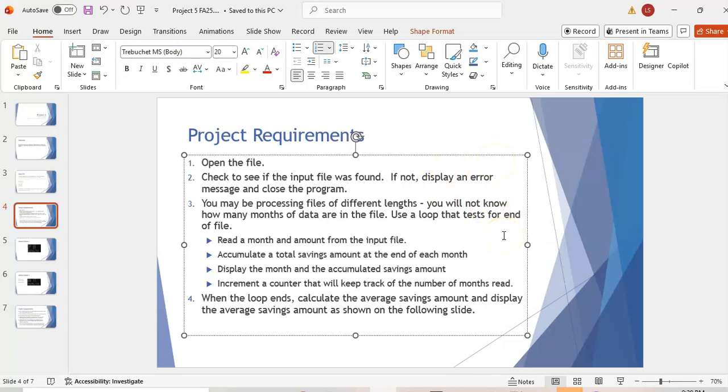You may be processing files of different lengths, as I mentioned before. You're not going to know how much I'll have in my own file, so be sure that you use a loop that tests for the end of file marker. Read a month and an amount from the input file. Keep an accumulator to total the savings amount at the end of each month. Then I'd like you to display the month and the accumulated savings amount. While you're doing this, also increment a counter that will keep track of the number of months read, so that when your loop ends, calculate the average savings amount per month and display the average as shown on the